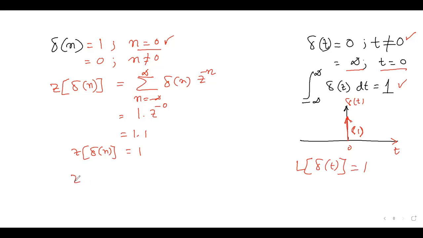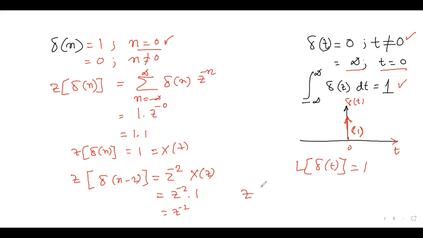Okay, now tell me, what will be the Z transform of delta n minus 2? Who will say what it will be? 0, sir? Why would it be 0? By definition, delta n minus 2 is the signal shifted by 2 samples. It will be z to the power minus 2 times X(z). That will be z to the power minus 2 into 1, which is z to the power minus 2.